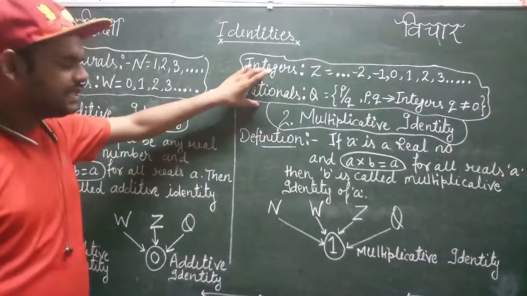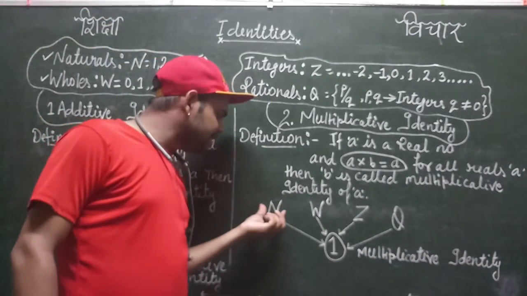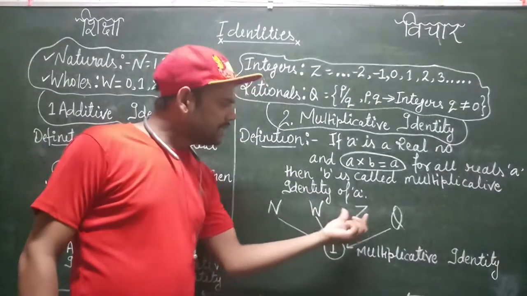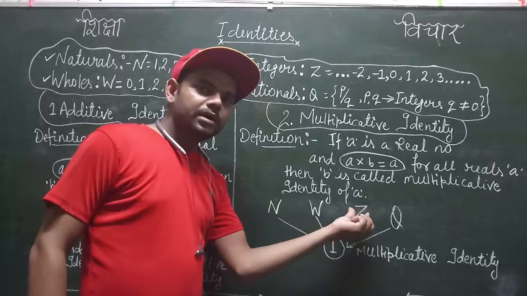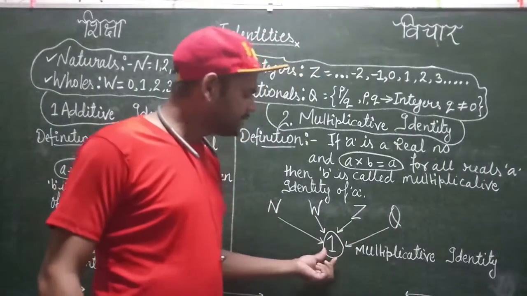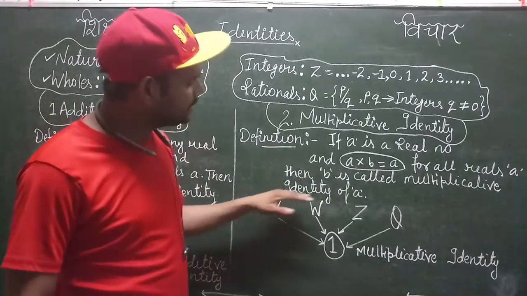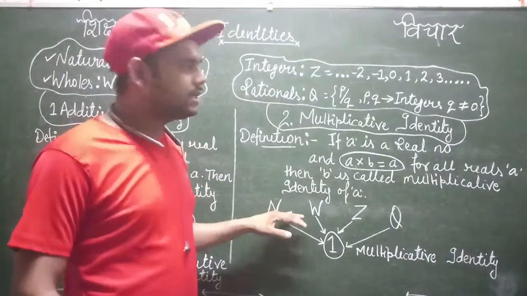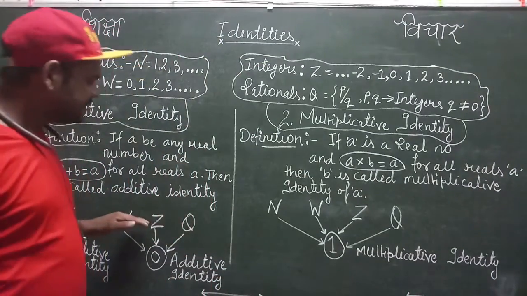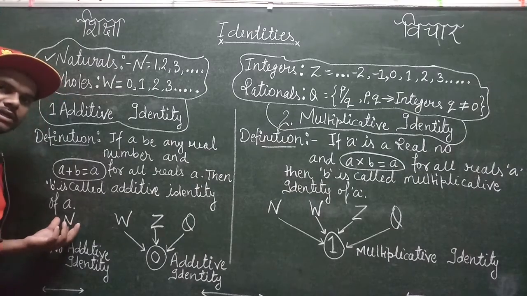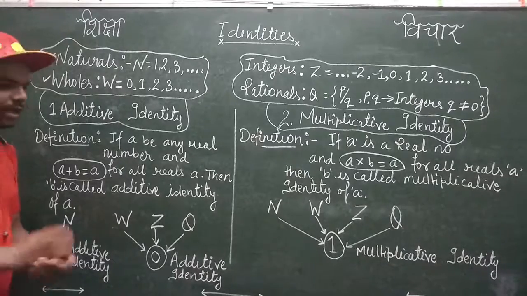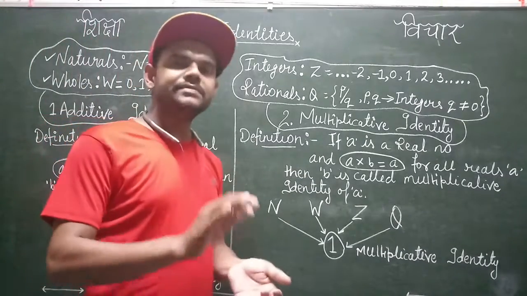So we can say that the multiplicative identity for natural numbers, for whole numbers, for integers, and for rational numbers is 1. That means all these four sets contain their multiplicative identity, that is 1. But in this situation there is a set called natural numbers which does not contain its additive identity. In advanced mathematics, that is why you will study that